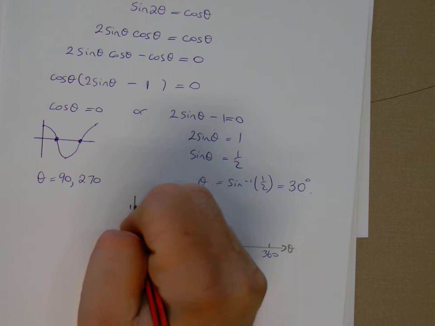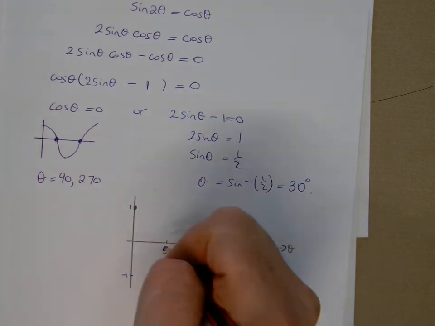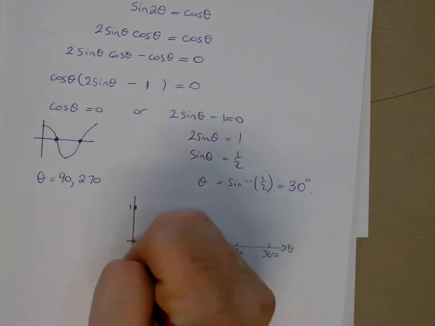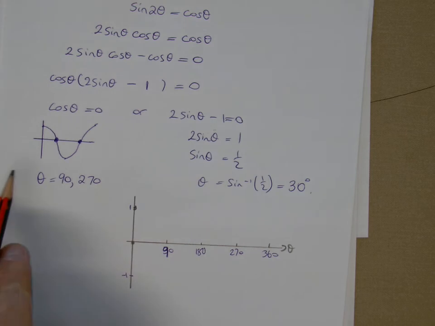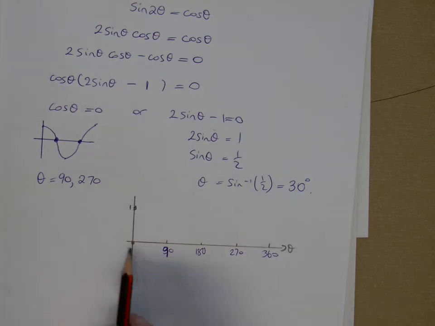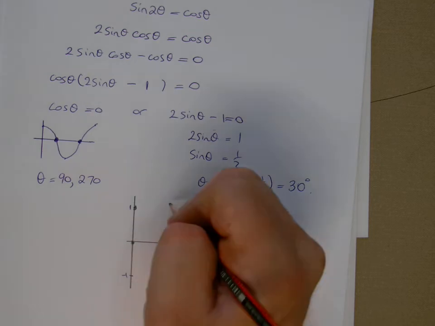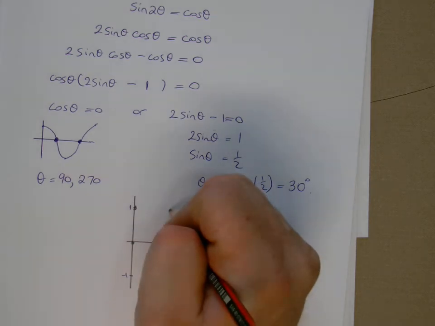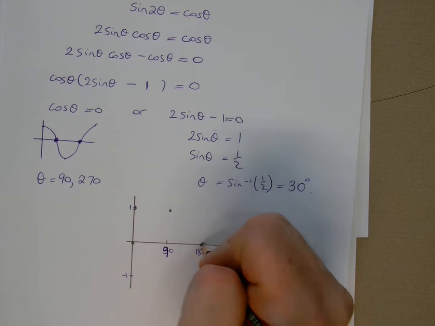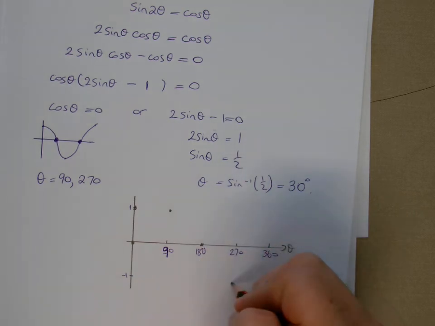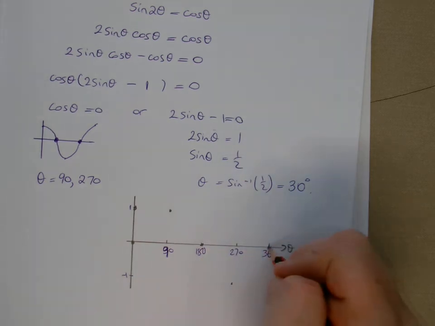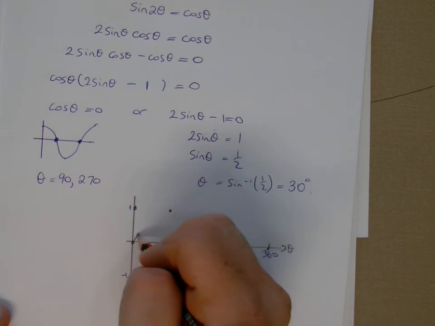So then sine 0 is 0, isn't it? I'm going to confuse you with my cos graph. So sine 0 is 0. Use your calculator. Sine 90 is 1. Sine 180 is 0. Sine 270 is minus 1. Sine 360 is 0. So when we draw our sine graph,